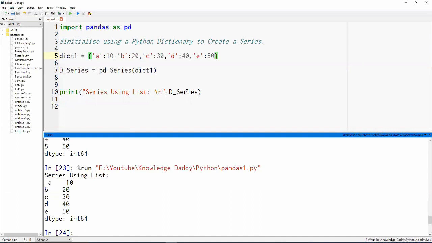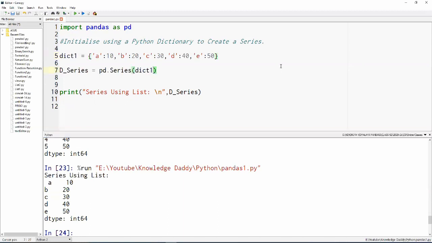Very, very simple. Now, when we are discussing the Python dictionary to create a series, we have to discuss a few more things. Do we really not need the index labels? This is the first question we need to ask. If we have the ability of giving user-defined index values from the dictionary itself, do we need to provide index values separately, or can we avoid them? That is what I'm basically asking.